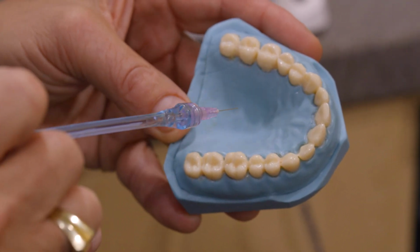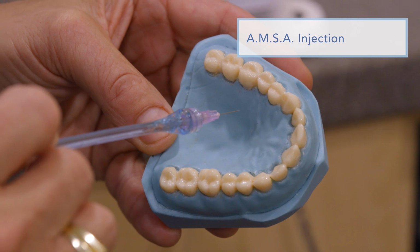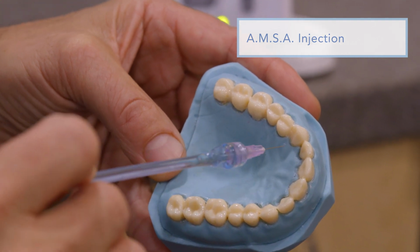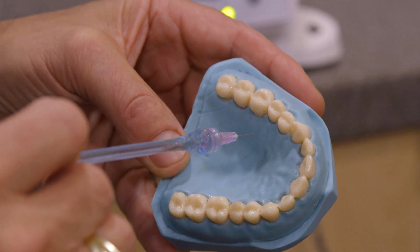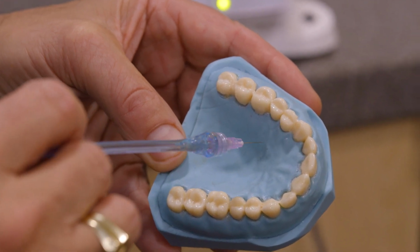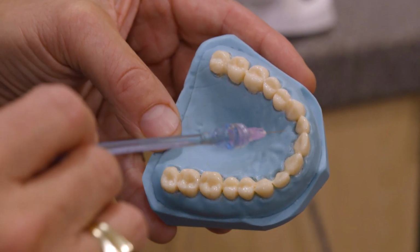For the upper molar, we're going to utilize the location known as the AMSA, anterior middle superior alveolar injection, which is an injection given halfway down between the mid-palatine suture and the gingival margin, right between the two premolars. And we will administer the appropriate amount of anesthetic there. That anesthetic will anesthetize all the teeth from the mesial of the molar all the way to the central on